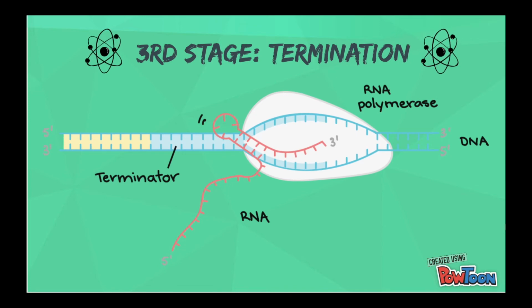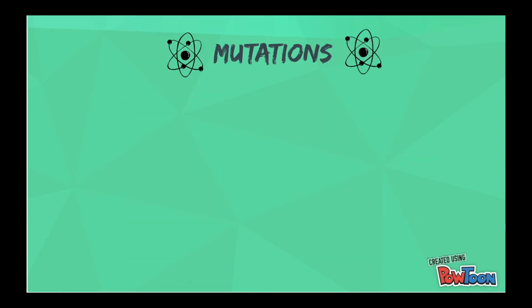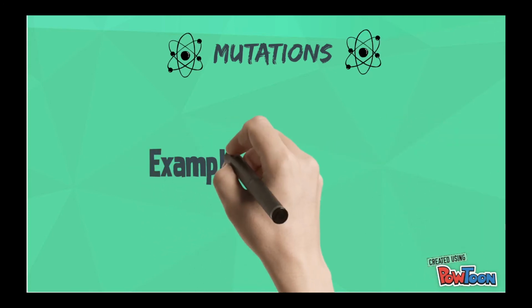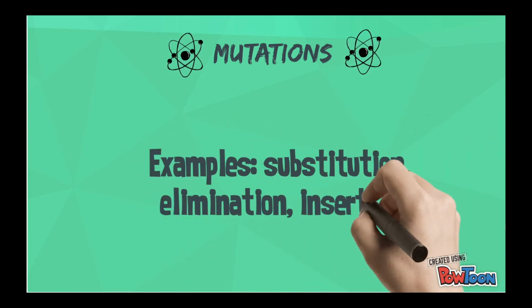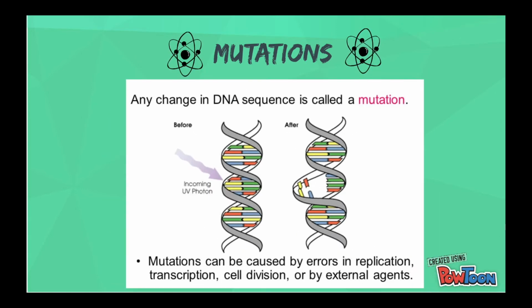Lastly, termination. Sequences called terminators signal that the RNA transcript is complete. At the termination site, the newly formed mRNA strand detaches and the RNA polymerase complex disassembles. Now, mRNA has a sequence of codons that are complementary to the DNA triplet code. However, transcription does not always turn out 100% correct. Mutations, such as substitution and elimination of nucleotides, might occur,